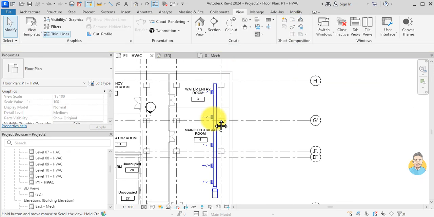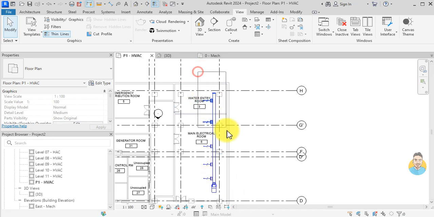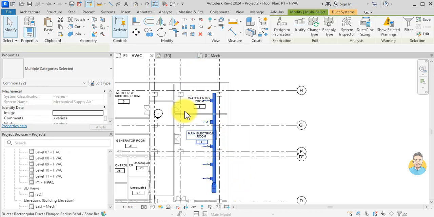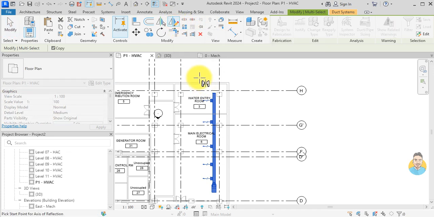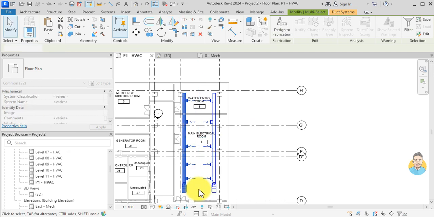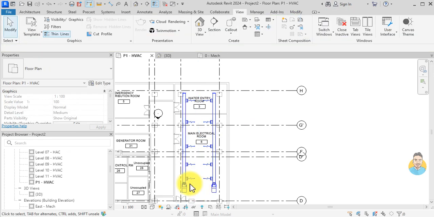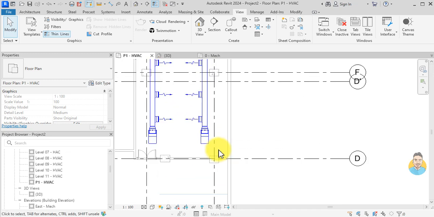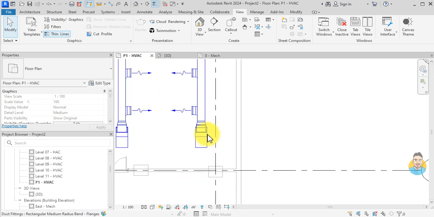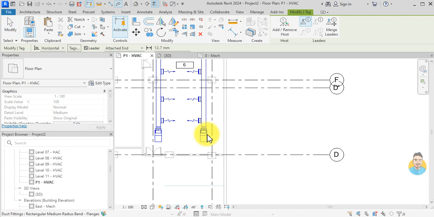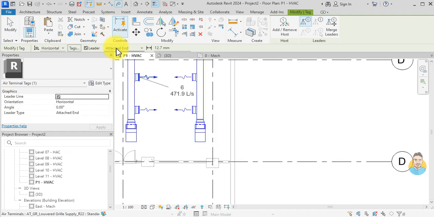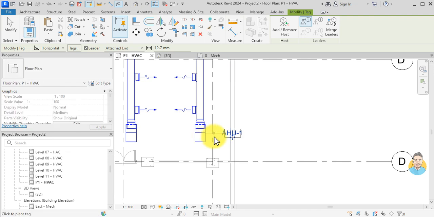and I want to mirror this unit. Mirror, draw axis, and hit escape. Now I want to tag it, maybe TG for tag, and then okay, I click here, then I move this tag here,